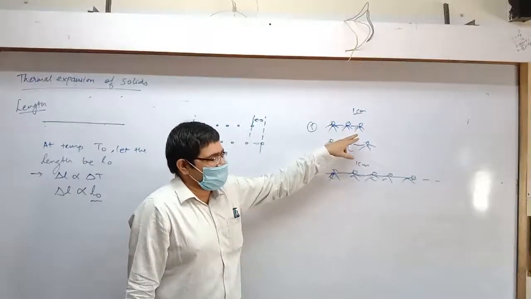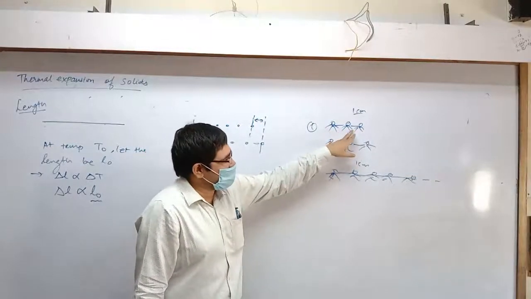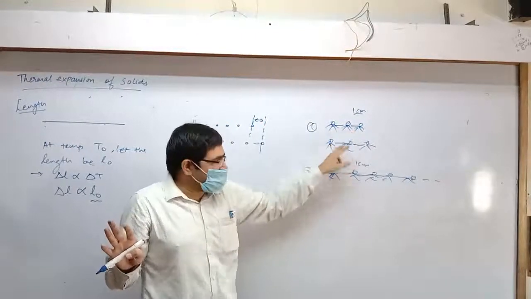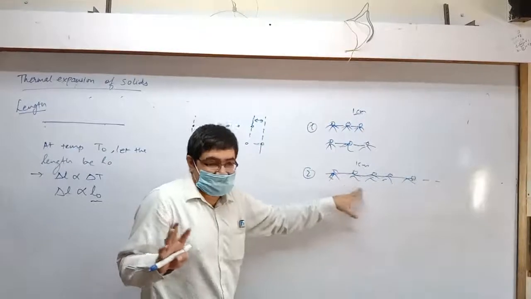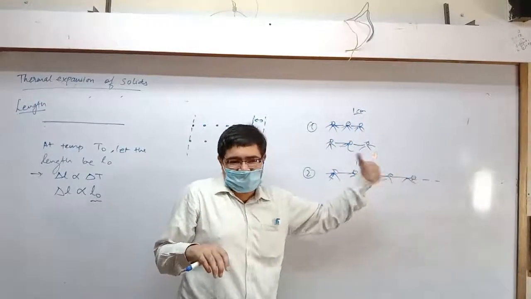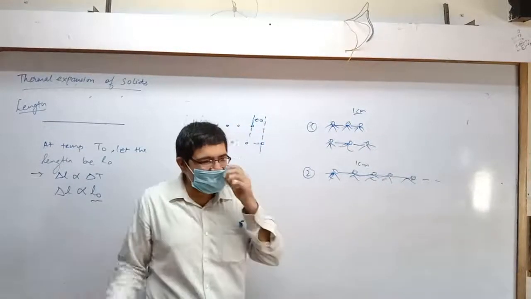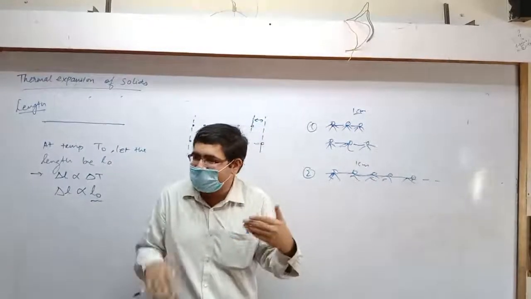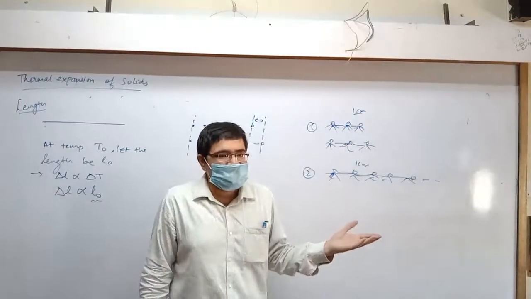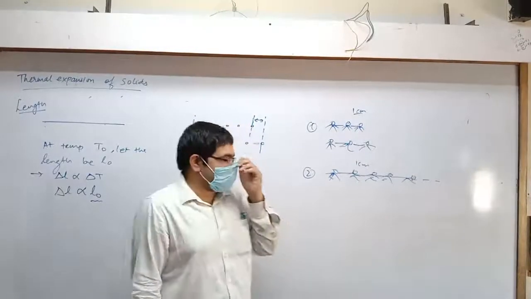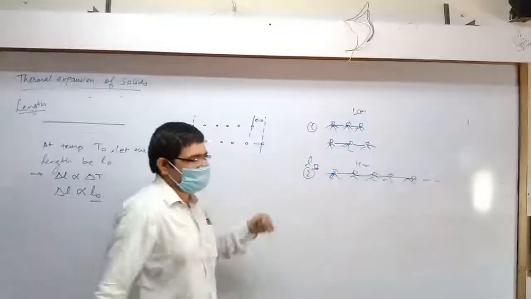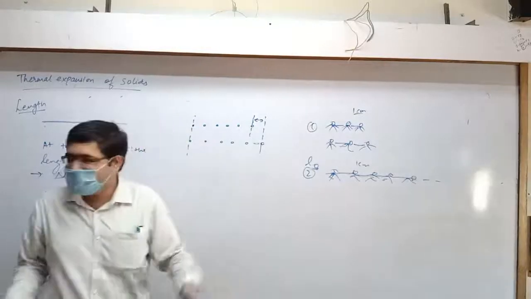Suppose each arm increases by 1 centimeter, so the total increase will be only 2 centimeters and 2 centimeters, that is only 4 centimeters. But here, there are many more connections, isn't it? So if all of those increase by 2 centimeters each, the change in length will be bigger. Make sense? So what I am suggesting is that the longer the length is, that is L0, if it's more,